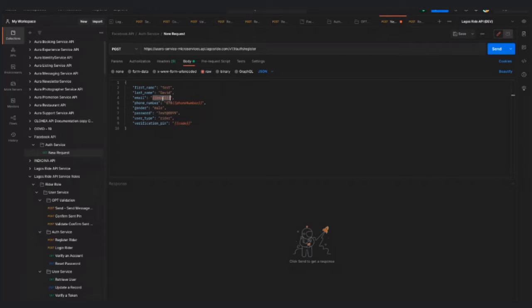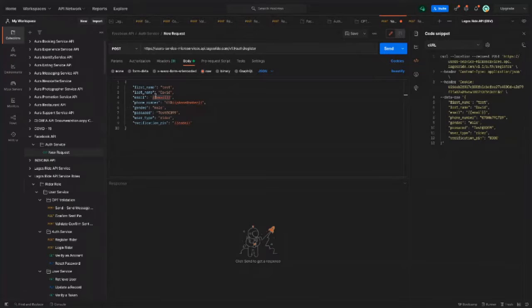If I hover over this, you will see the value for this email, as seen on the screen. Same thing for the phone number, which is 080 070, then random phone, and same thing for the code.